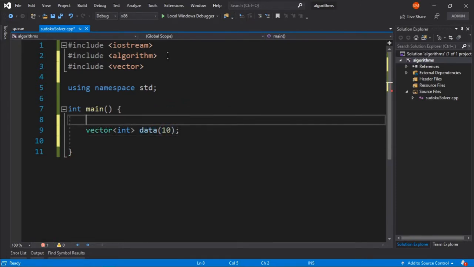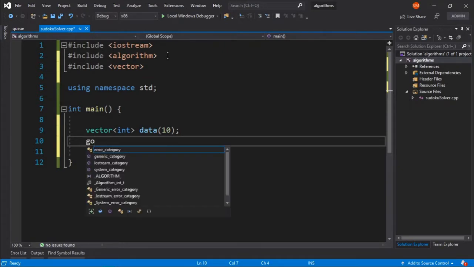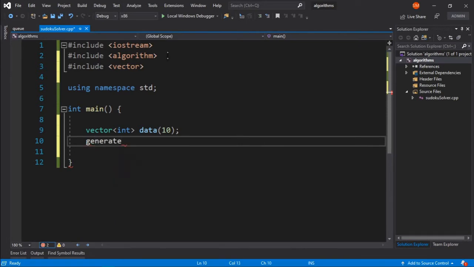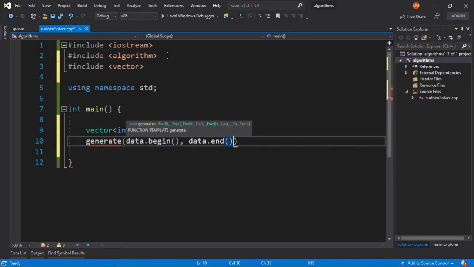Okay, now the first algorithm that we are going to cover today is called generate, and what generate does is it generates some data according to our need. So to use generate, we just simply call generate, and we specify the range here, just like most of the algorithms provided by the algorithms library. So we say data.begin, and then we say data.end, and then here we provide a function via which we can generate the